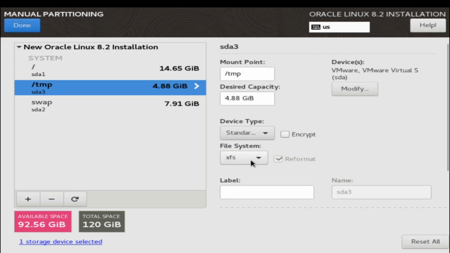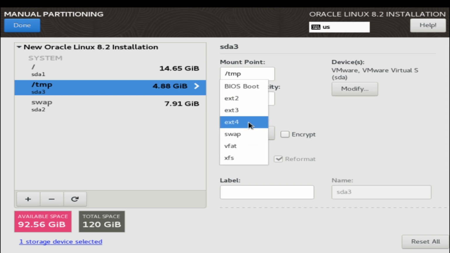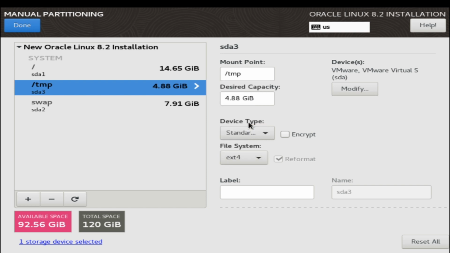The partition file system type either XFS or ext4. We have learnt these partitions, the reason why ext4, what the benefits and advantages are, in the last video, Oracle Linux 7.6.